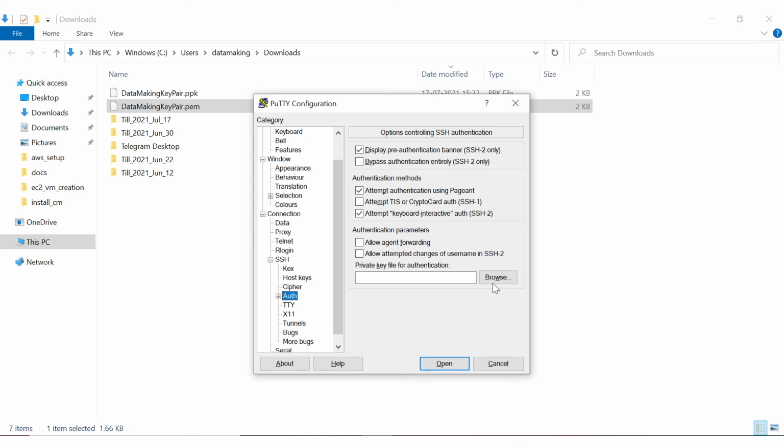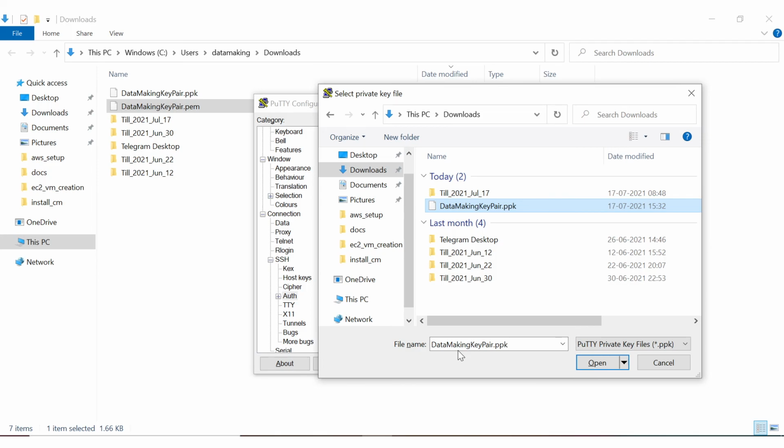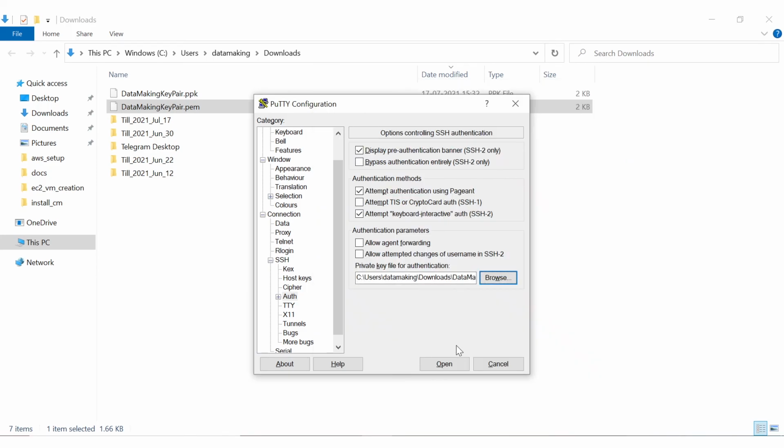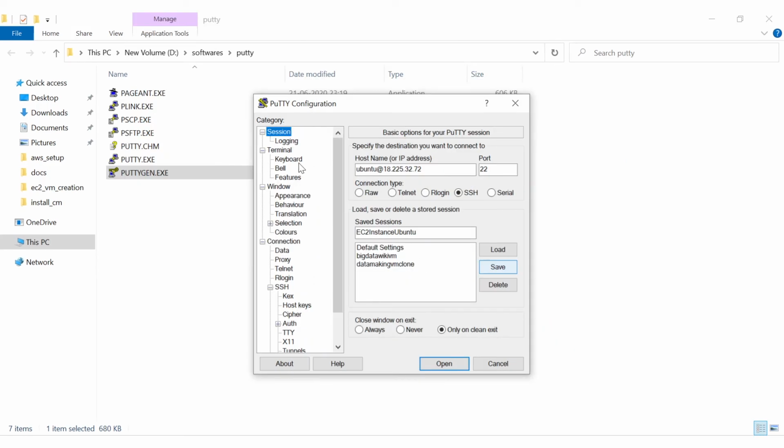Browse to the .ppk file in my download folder and open. Now go to the session option: we provided the username with the public IP address, chosen the private key file, and provided the session name. You can just save it for future use.